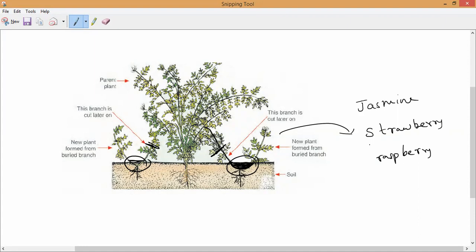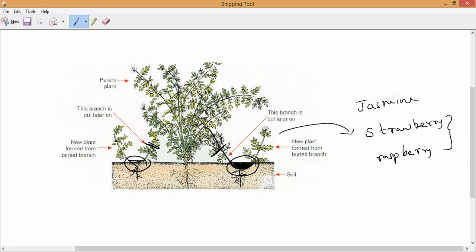This natural layering occurs because a soft stem running above the ground starts automatically. It is not done by us in strawberry and raspberry plants. Automatically the branches move towards the ground and start growing into new strawberry plants. That is what you have to remember.